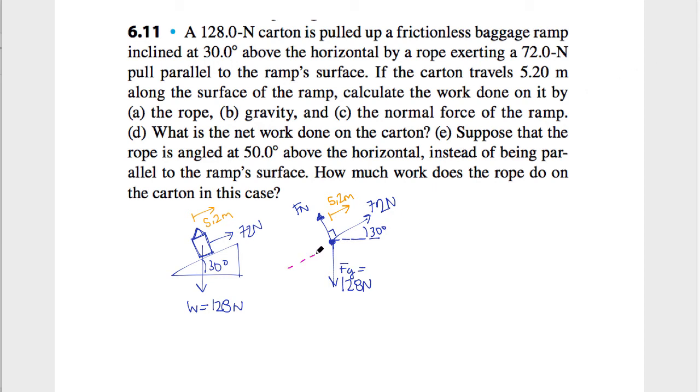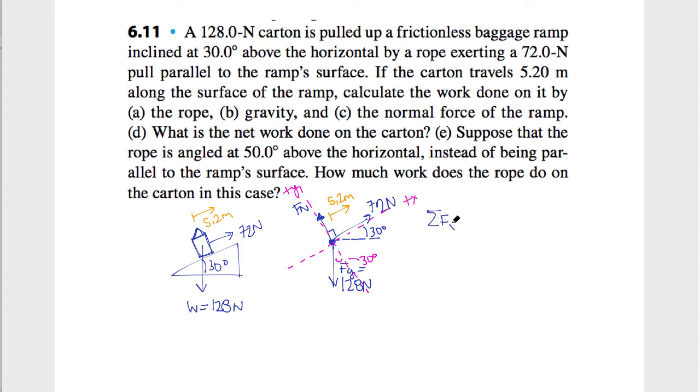So if I do that, my new set of axes will have an angle of 30 degrees right here. And my normal force and my tension are going to be on this set of axes. So since I'm moving in this direction, I'll say that's the positive x, and this is my positive y. So I'm going to need to find the normal force, so I'm going to go ahead and do my application